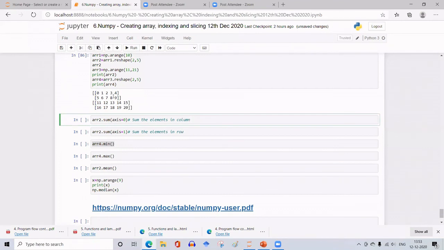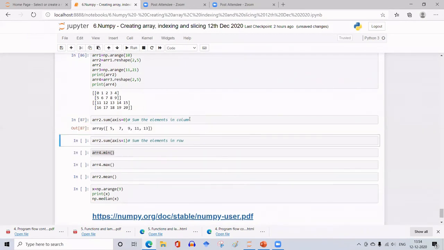So if you sum the elements along the column, 0 plus 5, 6 plus 1, 7 plus 2, like this it happens, and it will give you the answer. So the sum of the elements along axis 0 is vertical like this. Suppose if I give axis 1, it will sum up along the rows.